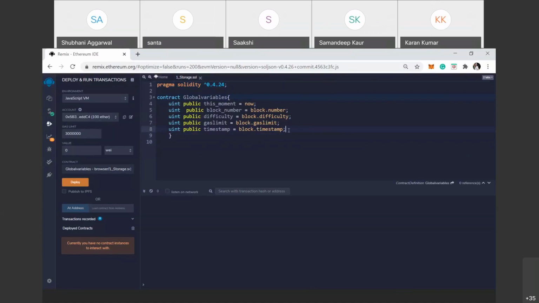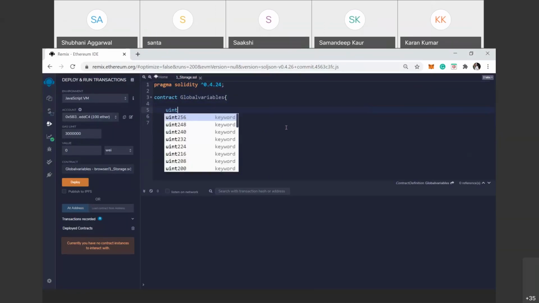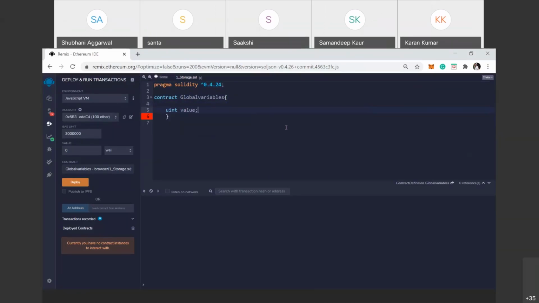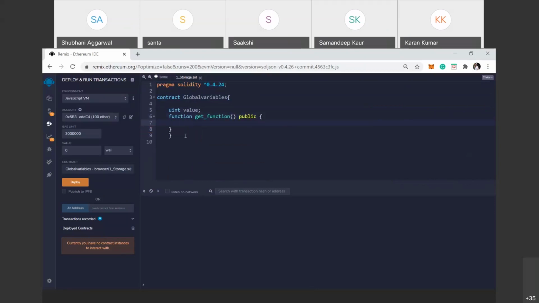If you mention variables under a specific function, and you don't mention any visibility before that variable, suppose here we mention uint value, and here we declare one function, get function, and here we declare value 1.